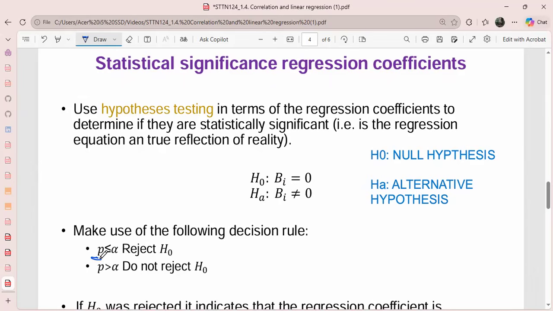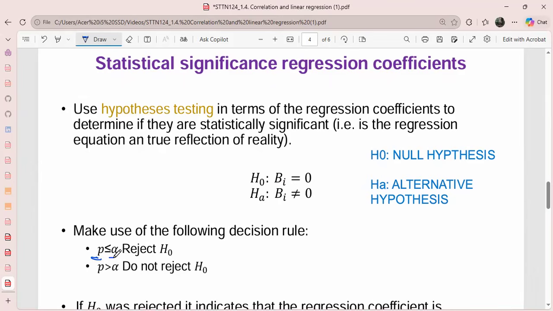Here you will not be required to find the probability on a table. You will be given the probability on the output. It's just you comparing. You'll also be given what we call the level of significance, which is alpha. If you're not given the alpha, you must use 5%, which is